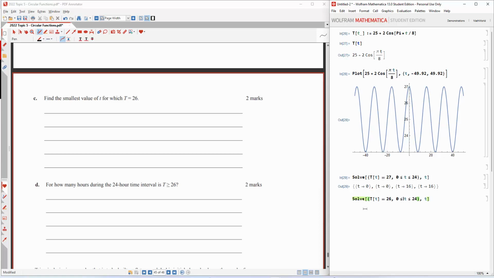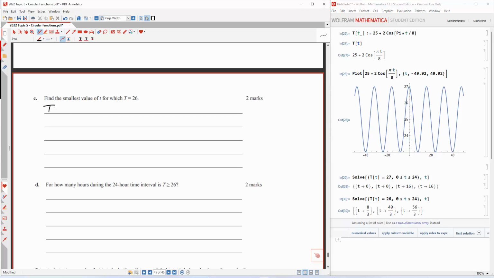So find the smallest value of t for which T is equal to 26. So what we'll do is go and say T of t equals 26, where t is an element of, so where are we searching? Somewhere between 0 and